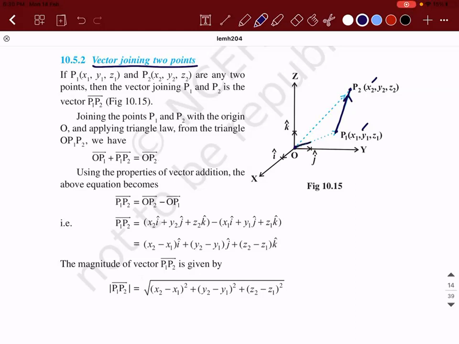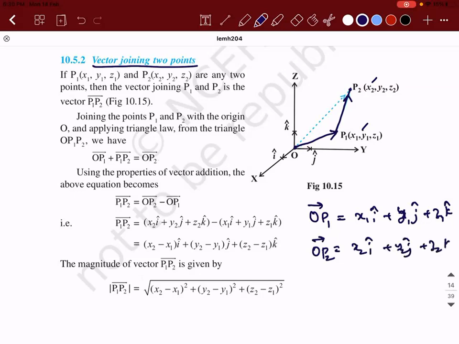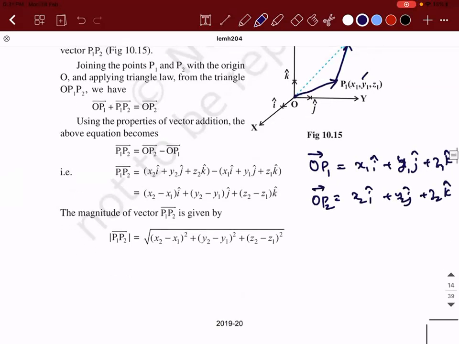The position vector starts from the origin. So what is OP1? It is x1 i cap plus y1 j cap plus z1 k cap. And the OP2 vector is x2 i cap plus y2 j cap plus z2 k cap. Right. Now see,